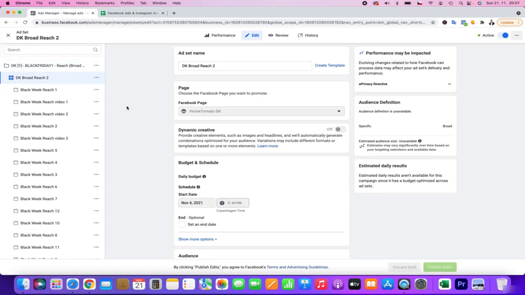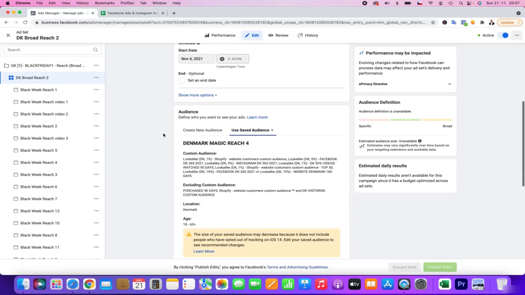Probably the best performing is that we have been using a 5% broad lookalike from Facebook and Instagram, but also some decent retargeting for video view, for Facebook engagement, and also some very broad 10% lookalike from engagement and